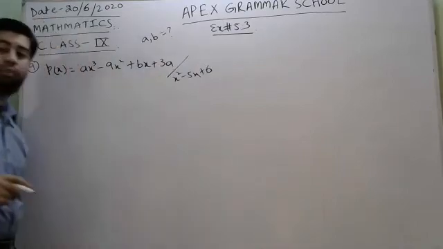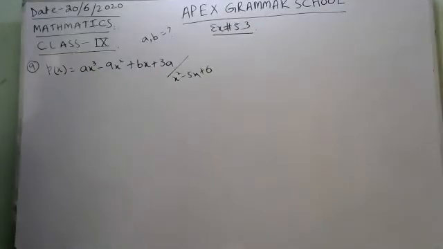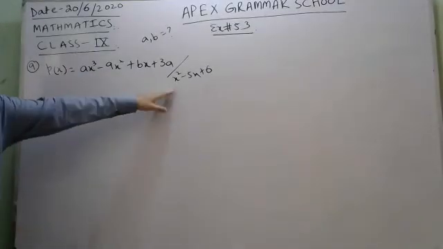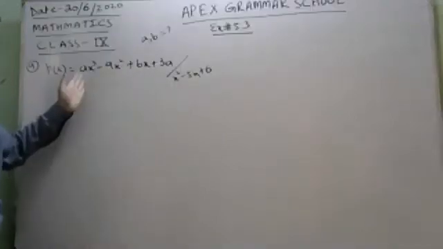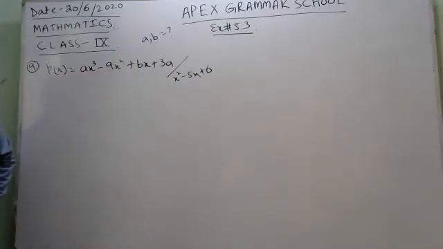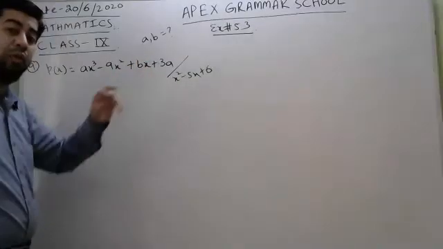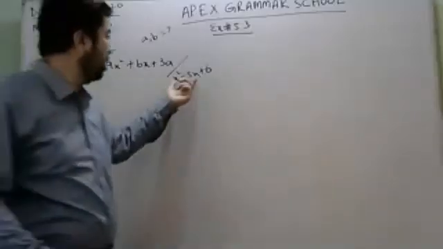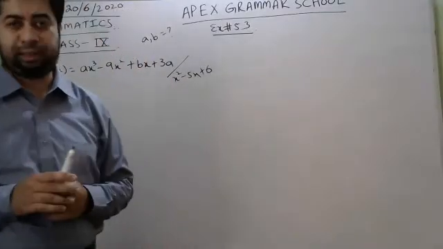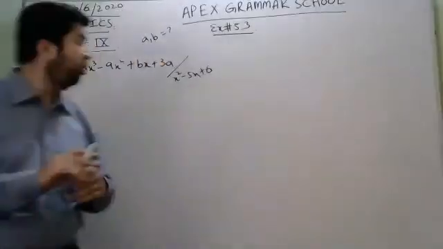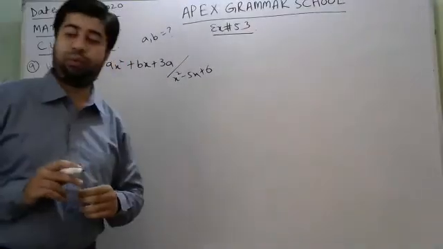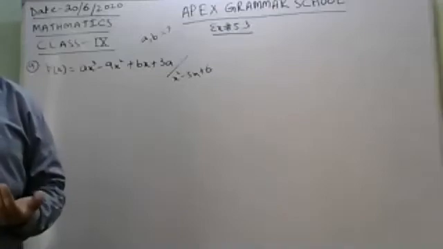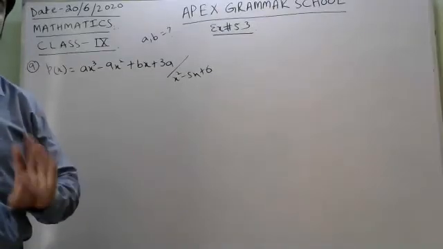But there is some problem. How can it divide this thing, when it contains a and b? How do we find the values of a and b? Meaning to say, we have to find two divisors. There is only one divisor, that is x squared minus 5x plus 6. For two variables' values you have to find, you must have two expressions that are totally divisible.